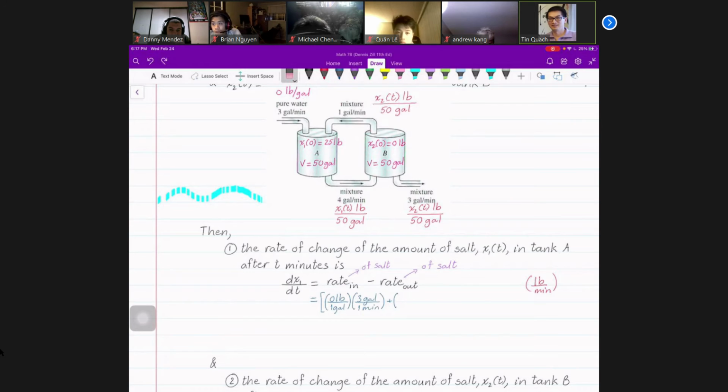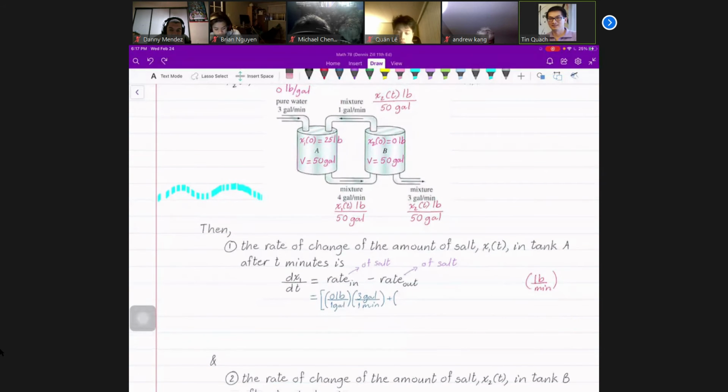So I have, we'll just write x of 2 pounds over 50 gallons times 1 gallon over 1 minute. So those are coming in, right? Now minus